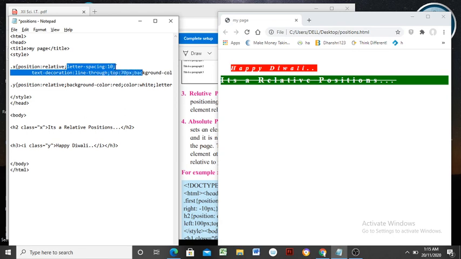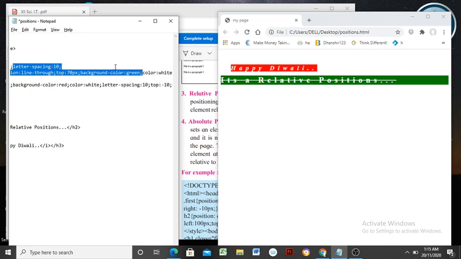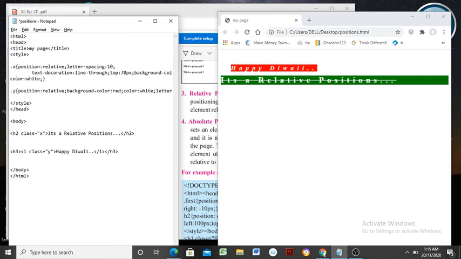Next property, top with 70 pixels, leaving a space of 70 pixels at top. Next property is background color with green value, and then text color, that is color white. These are the multiple effects that are applicable.